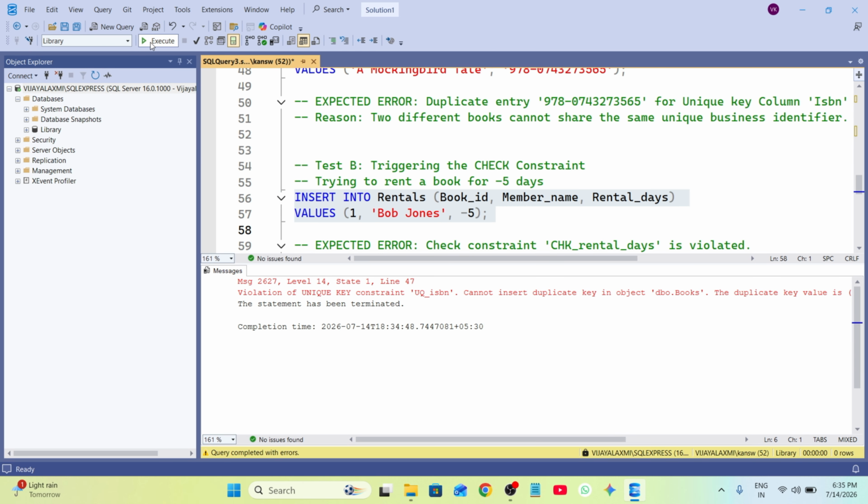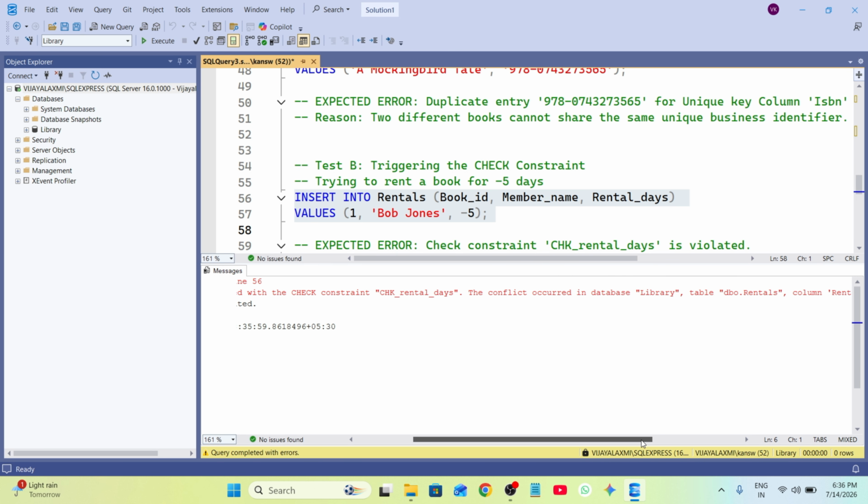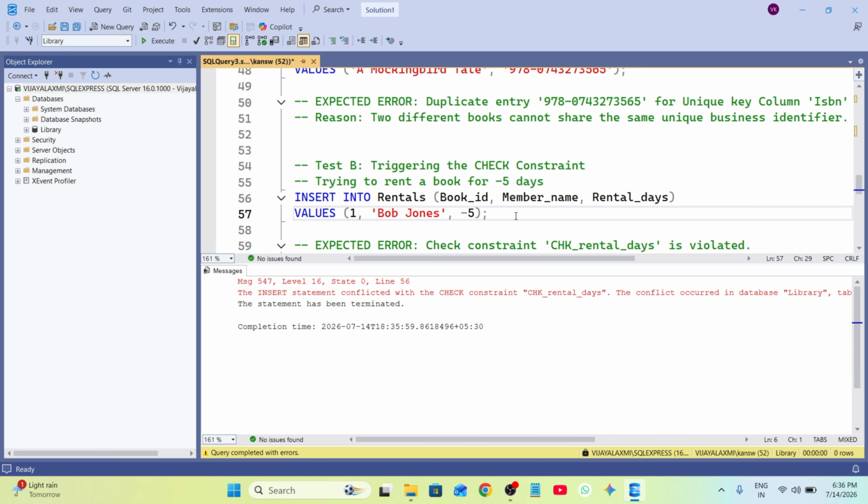and execute it. Now here you can see that the insert statement conflicted with the check constraint, check rental days. The conflict occurred in the database library, table rentals, column rental days. The statement has been terminated. Here we got the error of the check constraint. So in this way, the check constraint follows the rule that no negative values will be applied to this rental days column. Now,